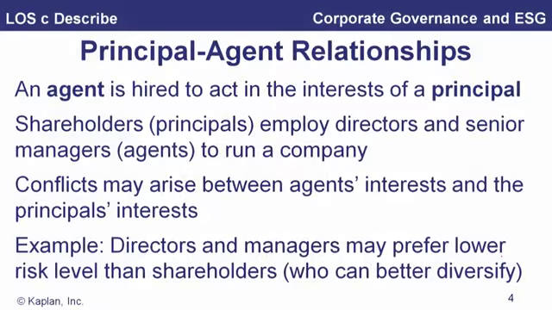One thing to think about in terms of corporate governance is something called the principal-agent relationship, because the agent is hired to act in the interests of the principal. You could think of an insurance agent as an agent to write insurance policies for the company that's a principal. Well, their interests may differ a little bit. A life insurance agent may want to write life insurance for just anybody and get paid. Well, the principal wants to take on only good risks and where the risk is managed. So there's a little bit of a conflict there, and there's various ways to take care of it.